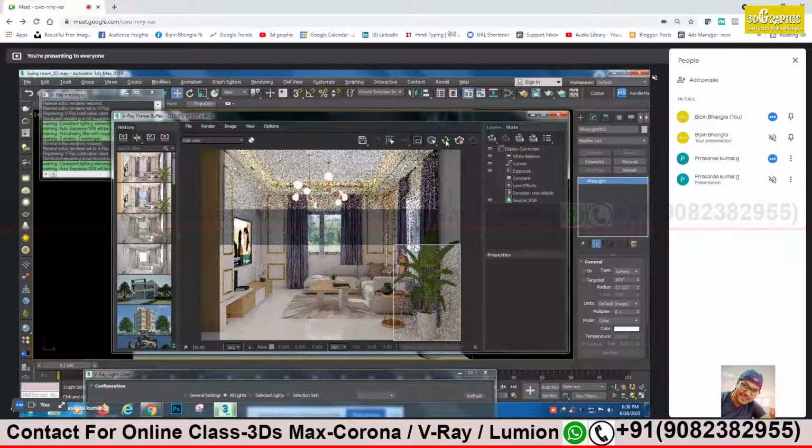Because of the light bounce, it's a small house, a small room, and the light bounce covers maximum areas. Right. It's good. I think it's good. Without the sphere light, it's coming proper. Okay. No need of applying a sphere light. I want some portion to be dark. Fine, sir.